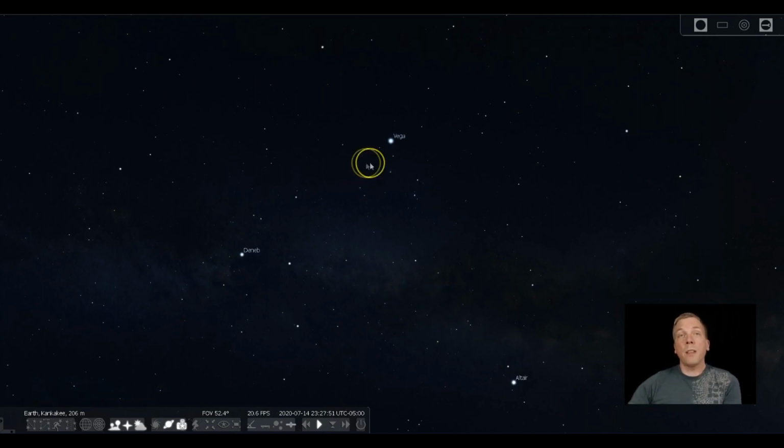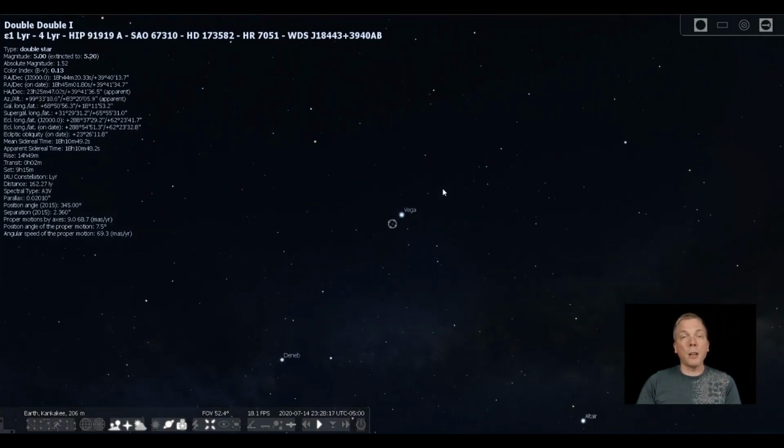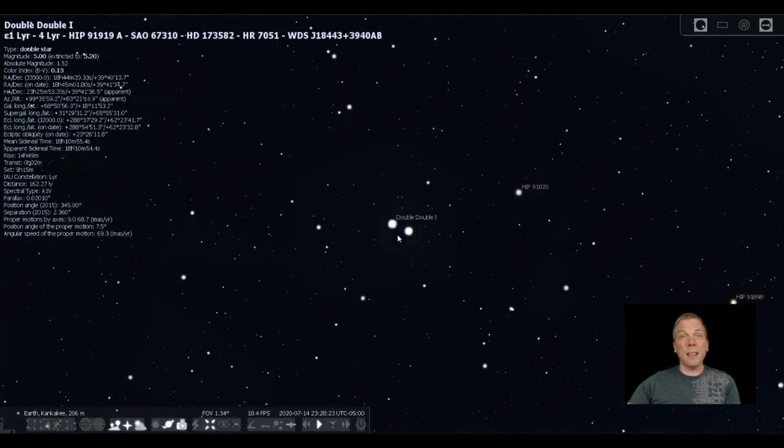Now, one other thing that I want to show you, because as you start to zoom in on certain objects, it's going to get more difficult sometimes to use the measuring tool just because of how the objects look. So I'm going to show you what you can do to make it easier for you to measure certain objects. For example, we can go to the double star Epsilon Lyrae up by Vega. Now one thing I would do is you definitely want to center this, otherwise it's hard to zoom in. So one way you can center is just hit your spacebar on your keyboard, and then you can zoom in and it'll stay centered like that.